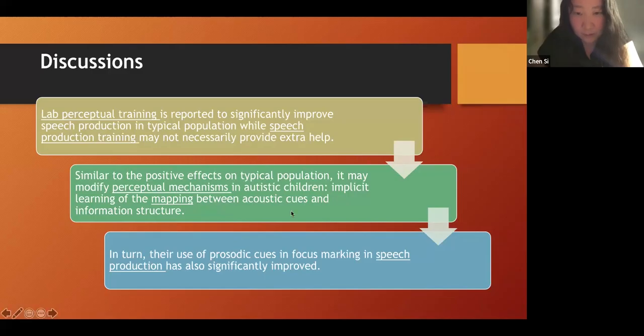So we think that this kind of training probably has improved the mapping between acoustic cues and information structure, so in turn, the autistic children's use of prosodic cues in focus marking in speech production has also significantly improved.